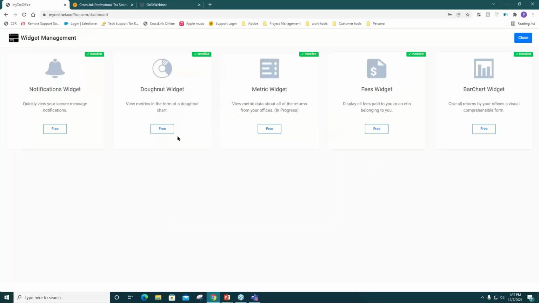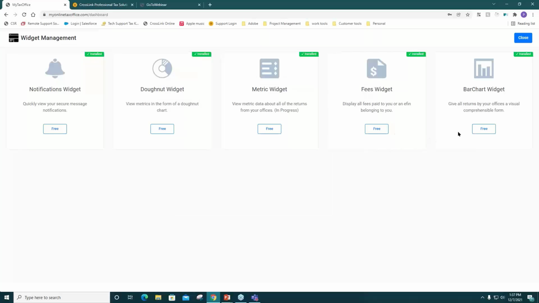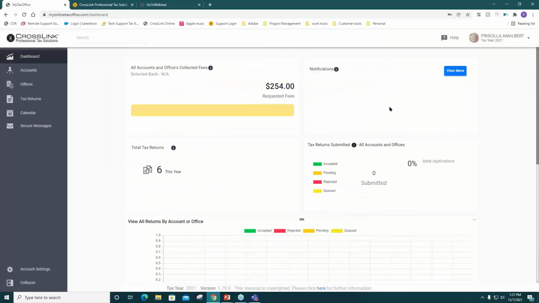But basically, all these widgets can be displayed to you to let you know the statistics of your office, where you need to draw your attention, how many returns have been rejected or pending. It's going to tell you quickly and accurately that information. And you can click free and install for each one of these. Once you do, they will look on your dashboard